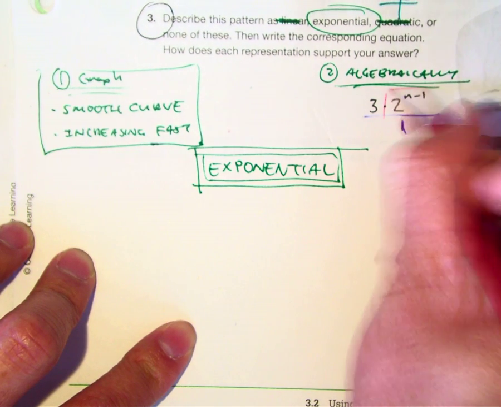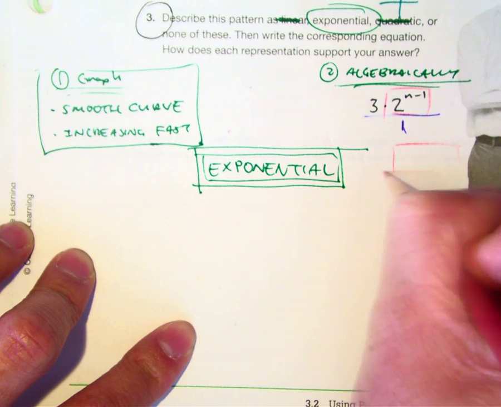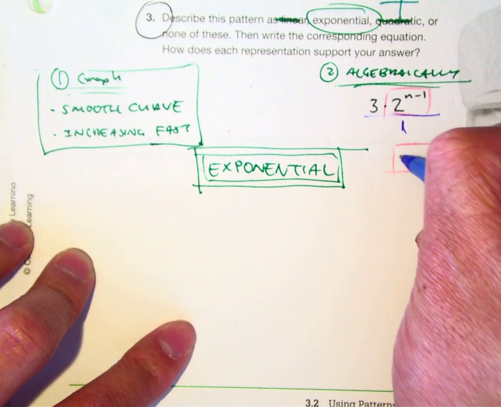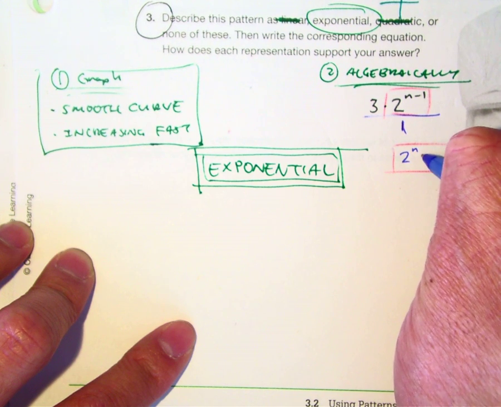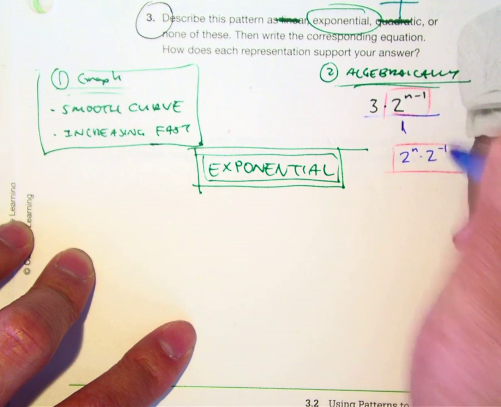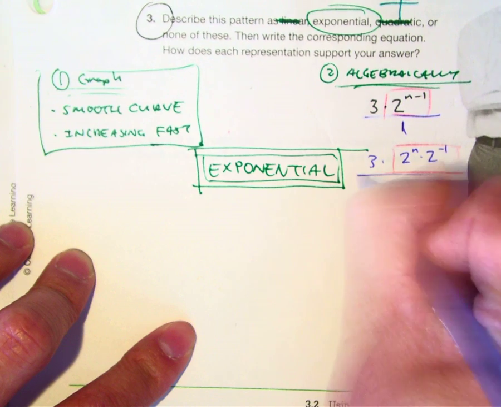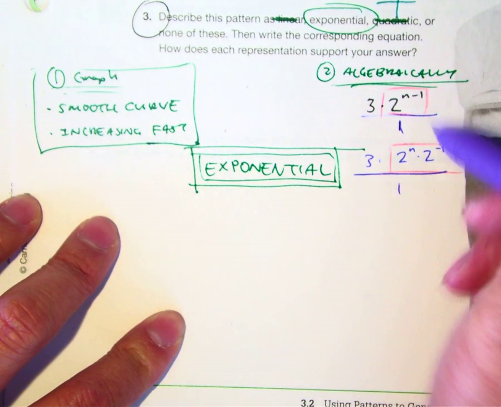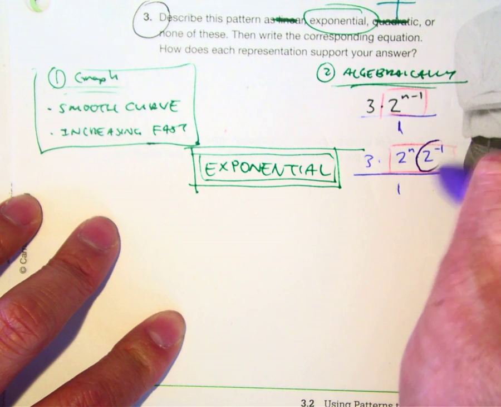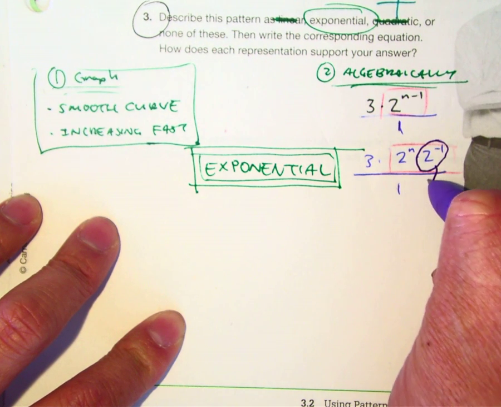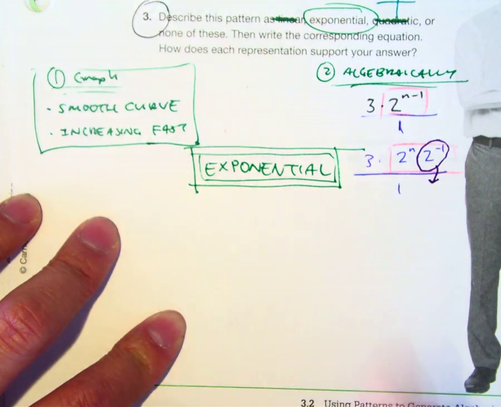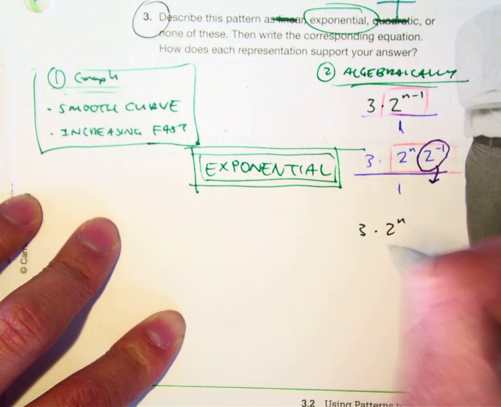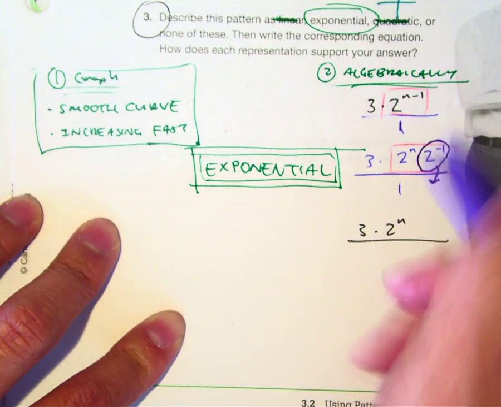here this 2 to the n minus 1 is a law of exponents, and it says if you have the same base, you can add the exponents. And if you have something to the negative power, it just switches places. So this will become 3 times 2 to the n power, and then this 2 to the negative 1 power